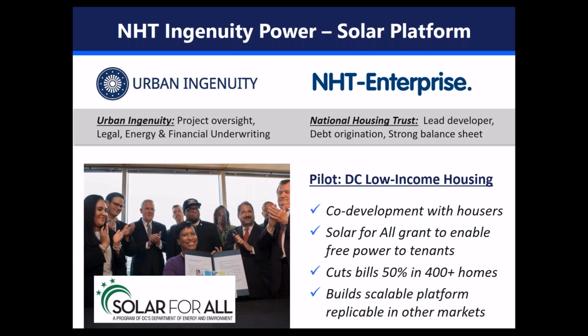So the first case study I want to walk you through is an example that we're building. It's a national platform that we're establishing now in real time with the National Housing Trust, a nonprofit CDFI, and NHT are very active nationally in structuring and funding and financing affordable housing. It's their mission. They partnered with Enterprise Community Partners to do debt facilities through a joint venture called NHT Enterprise. And we've joined with them to create an entity called NHT Ingenuity Power, which is a platform that's trying to